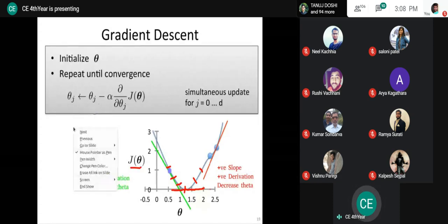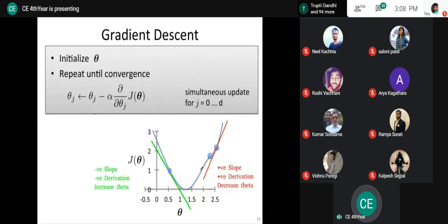Fine. And one more example that I want to highlight over here is, before starting this mathematical calculation, let's say the next jump is this particular point, and due to the alpha value, the next jump is this point. So now we do not have that 0 slope. Are you getting? So if you are getting a slope as a 0 value, then definitely that's a global minimum value, and you must stop at that point.